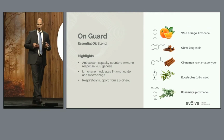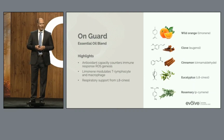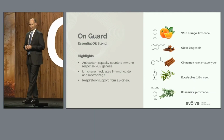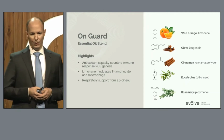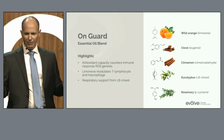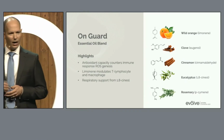Brannick-Riggs gave a presentation on the whole family of Onguard products and when you should use each one. These presentations are available on demand, so I just want to put a plug in to check that out when you have the opportunity. Now, I'm not going to repeat everything that he taught, but I did want to highlight a couple of points